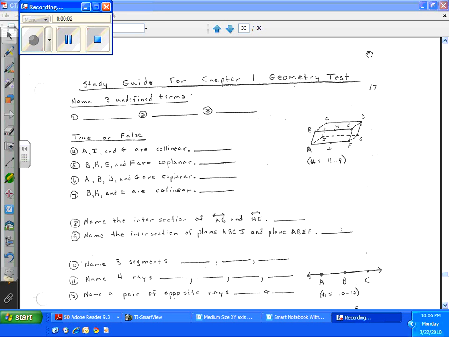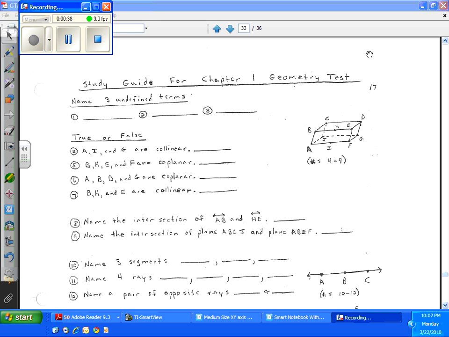At the end of each chapter of this geometry textbook is a study guide for the chapter geometry test. Like this study guide for chapter 1. There's a homework sheet that looks like this study guide. It's the same number of questions, same type of questions in the same order. And then the chapter 1 test would look like the homework, which looks like the study guide. Because there's a homework for practice for the student that looks like the study guide, that looks like the test,